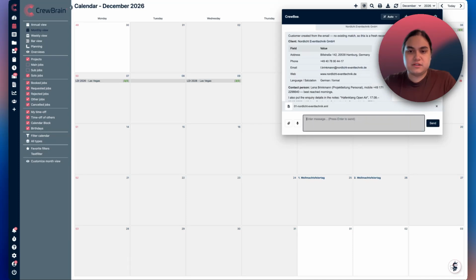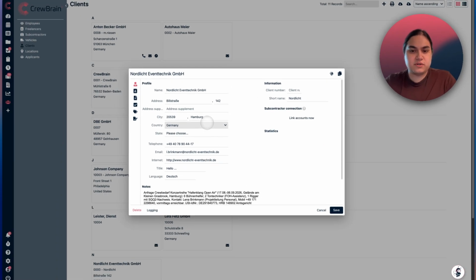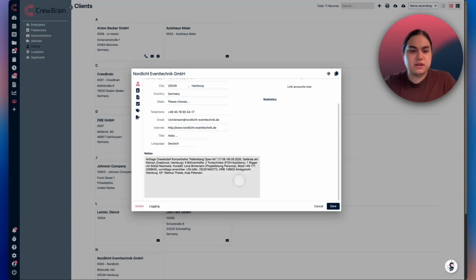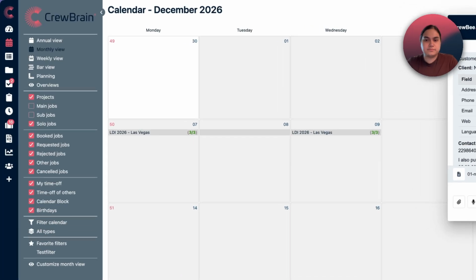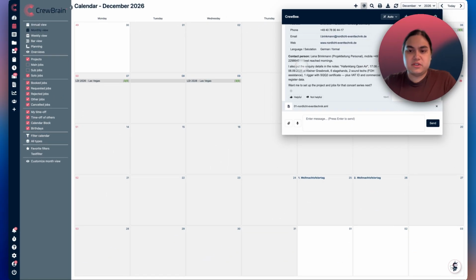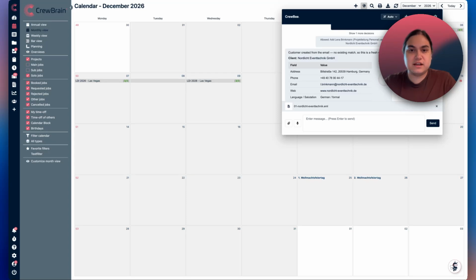Okay, so it has supposedly created the customer. I'll just click on here to jump right into the customer. And here we have the customer with a short name, an appropriate short name, and some notes from the email, including the contact person's email. It also noted that the email was about an open air series of events, and it asks me if I want to set up the project or job for this concert series. So Kruby always tries to be as helpful as possible, even asking me follow-up questions depending on the data it has and the questions or tasks it has done for you.